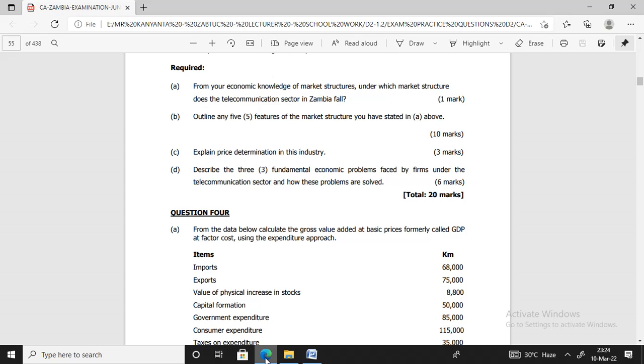From the data below, calculate the gross value added at the basic price, formerly called the GDP, at factor cost